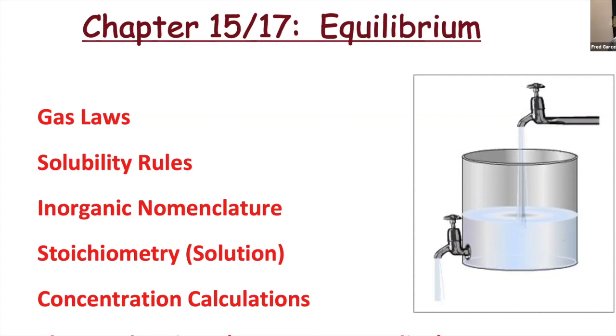Because if you take sodium chloride, and that is very soluble in water, and you put it in water, there's something called a solubility limit. You can only put about 32 grams of sodium chloride per 100 grams of water. Anything above that, the solid salt will not dissolve. Actually, it's in dynamic equilibrium. As some of it dissolves, some of it precipitates out. But we'll talk about that in equilibrium.